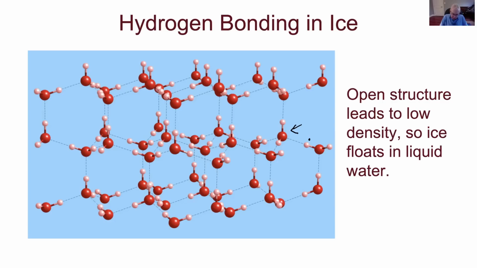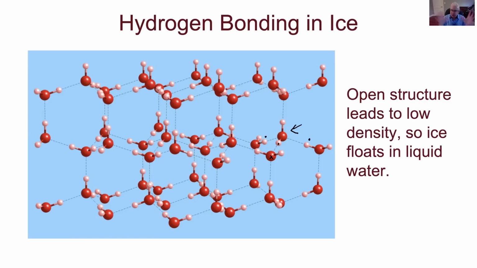Likewise, over here, I have another one where it's pointed there. The hydrogen from here is pointed towards the oxygen of the nearby water molecule. Okay, so I get this structure that sets itself up. And one thing you'll notice about this structure is there's a lot of open space in it, right? The molecules aren't just getting smushed together. And so they're taking up a lot more volume than they might if they got into a less regular arrangement,